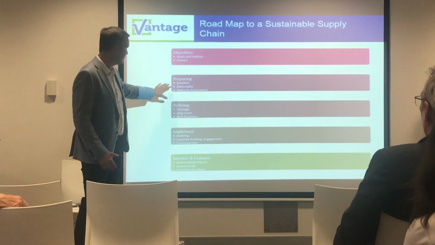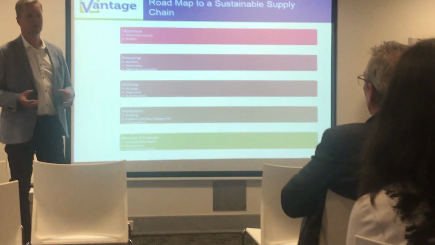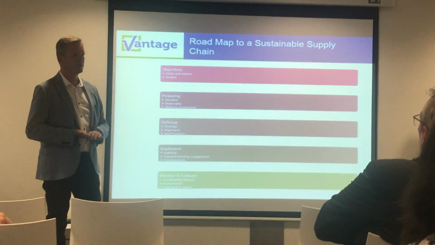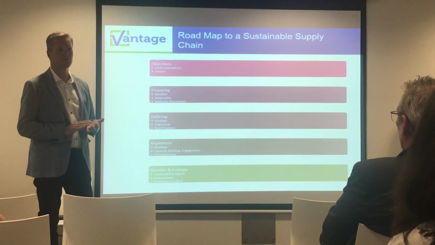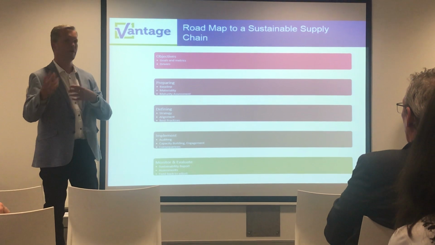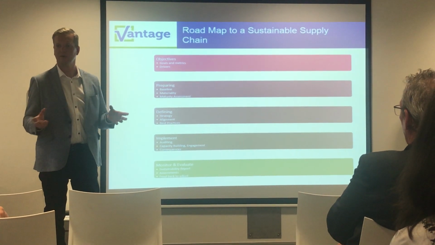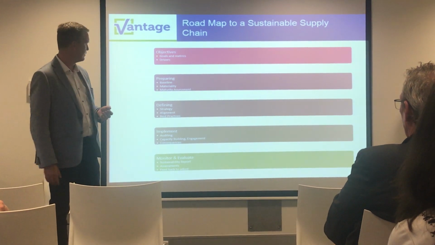Then you've got to prepare. You need to have a baseline. I've done lots of baselines. I'm a social SA 8000 lead auditor as well, so this is considered sort of the Rolls-Royce standard in social auditing. You need to have somebody going into the factories, looking at the situation, understanding where you're at before you can measure the progress, right?